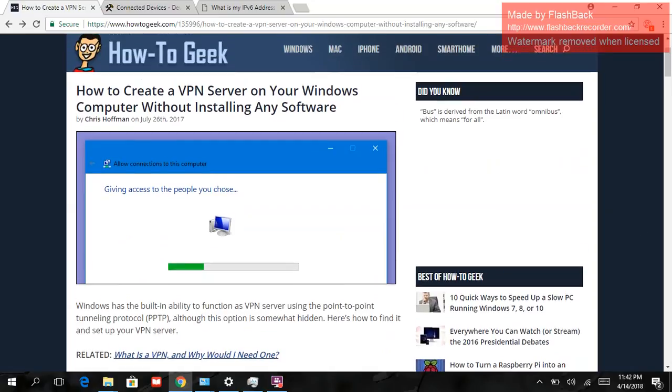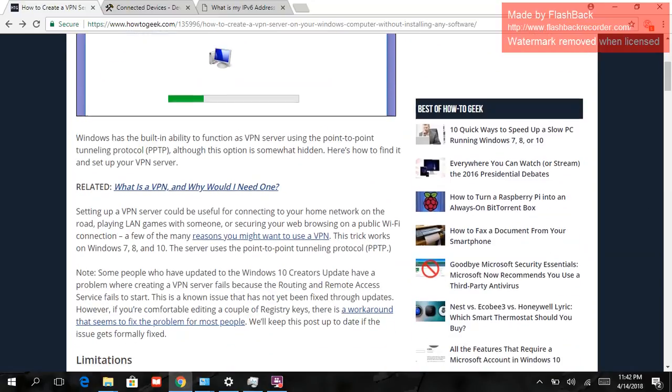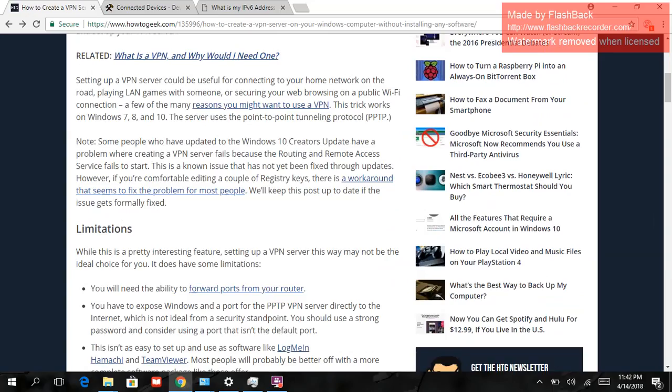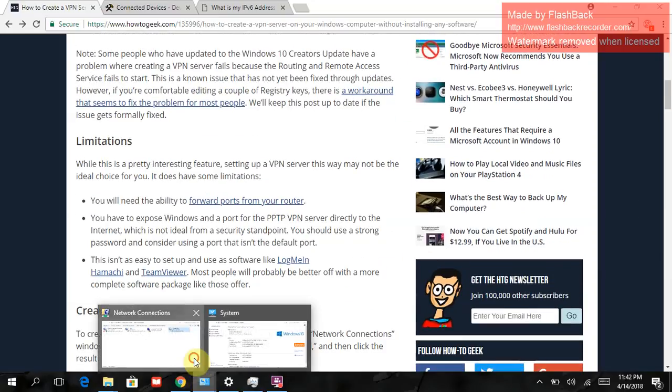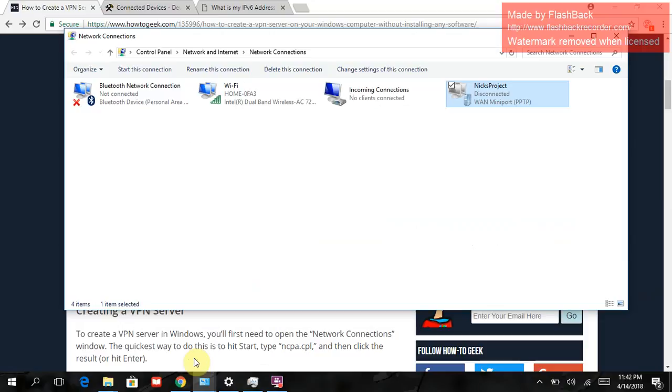So I got this inspiration from this How-To Geek article, and I basically followed most of it through, but I'll preface the video by saying I haven't been able to get it working and I don't know where I'm getting it wrong. I've been messing around with it for a couple hours now, and maybe I'm just missing something. So I'll show you where I started, and it was creating an incoming